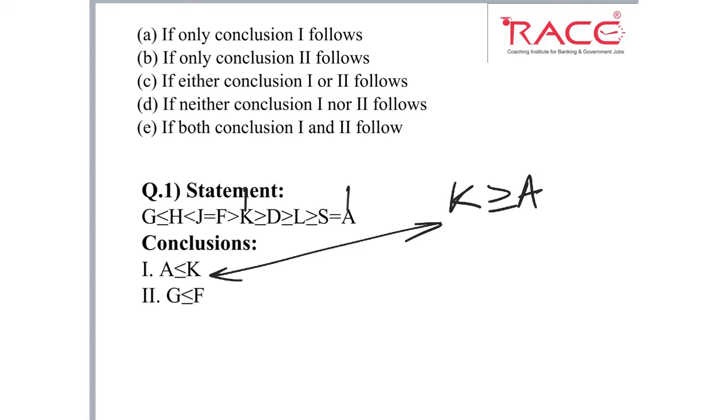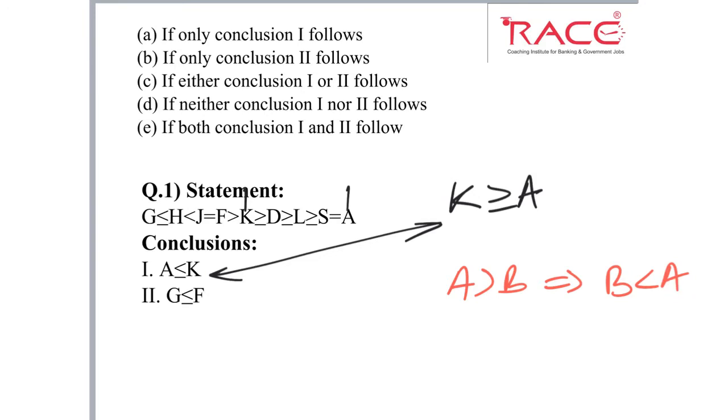Why? As we know, if I write a greater than b, it is equivalent to b less than a. But here we call it a greater than b because a is subject and b is predicate, and we always compare subject with predicate. So here a is greater than b. In this case, b becomes subject and a is predicate, and we are comparing it how? B is less than a.